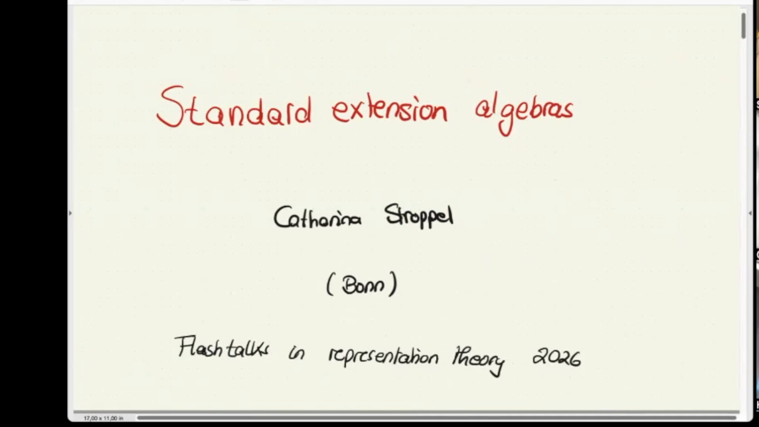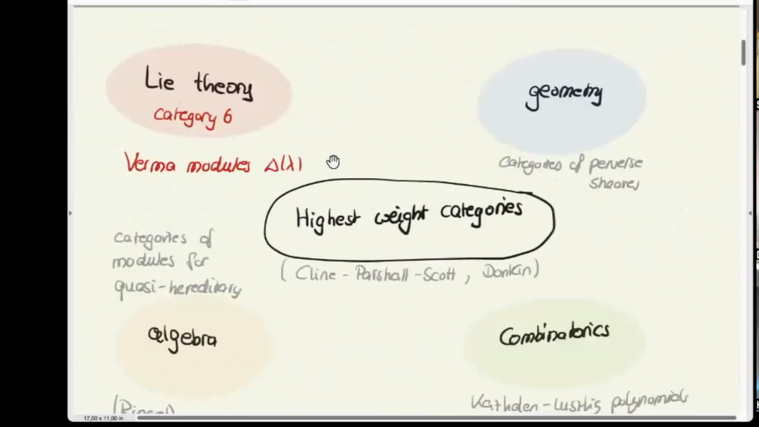Okay, thanks very much. Yeah, I will talk about standard extension algebras. So this is a problem which relates to highest weight categories, which we already saw also a little bit this morning. So its prototype is in Lie theory, category O with Verma modules, such a highest weight category. You can also think geometrically in terms of categories of perverse sheaves, or if you are more algebraically minded, you